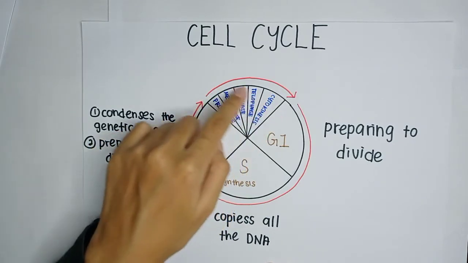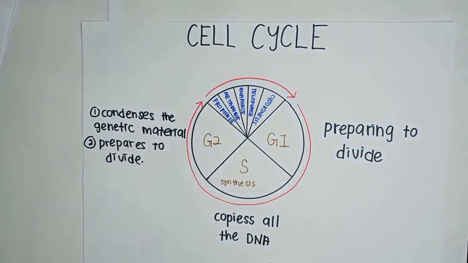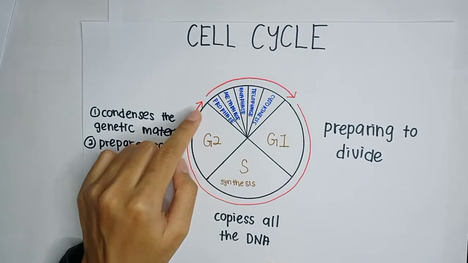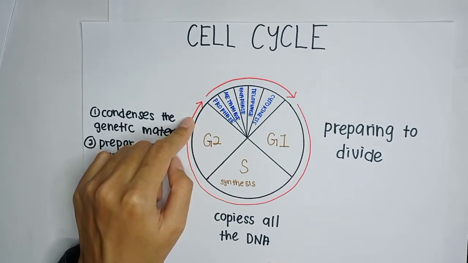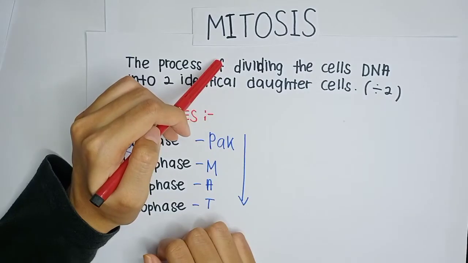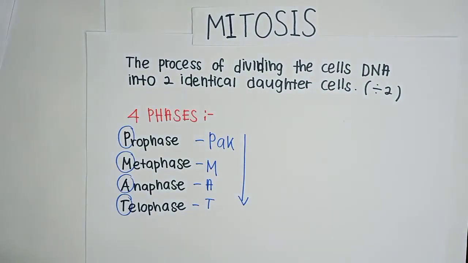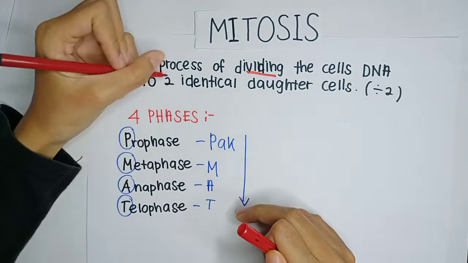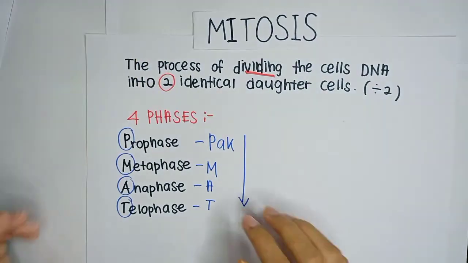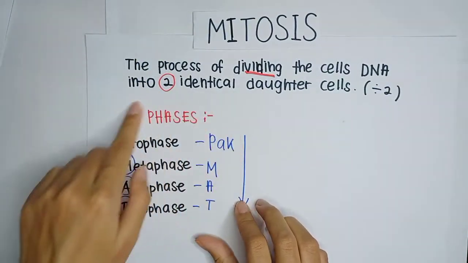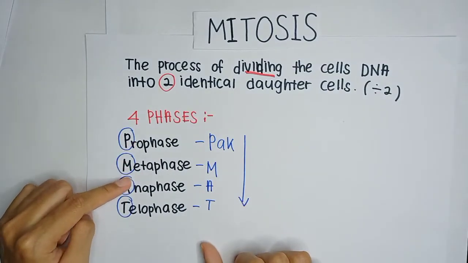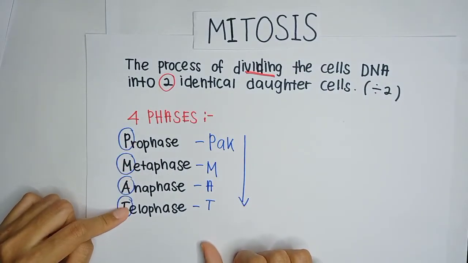In mitosis, this is where the cell actually partitions the two copies of the genetic material. After the M phase completes, the cell division occurs and two cells are produced. So mitosis is the process of dividing the cell's DNA into two identical daughter cells. In mitosis, we have four phases, which are prophase, metaphase, anaphase, and telophase, or you can remember it as